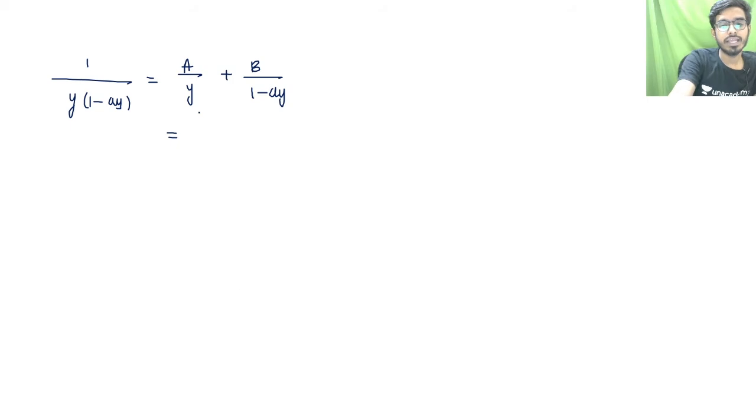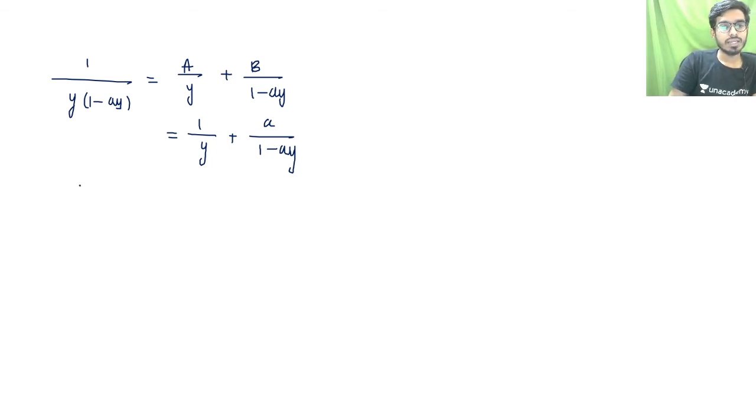So therefore I can write 1 by y into 1 minus ay. This is a by y plus b into 1 minus ay. So my a turns out to be 1. So this is same as 1 by y plus my b turns out to be a, so a divided by 1 minus ay. So I can write 1 by y into 1 minus ay as like this, right? Yes. Now